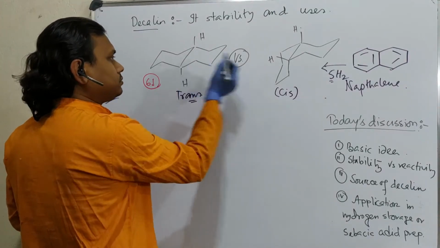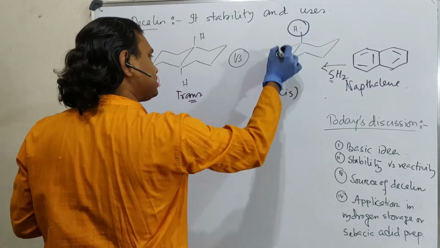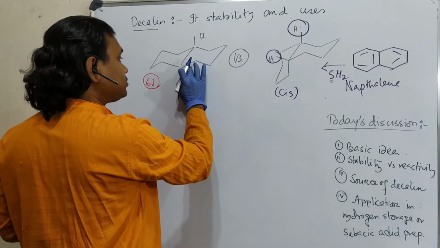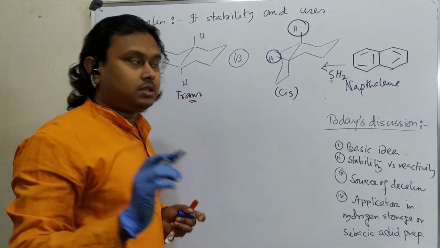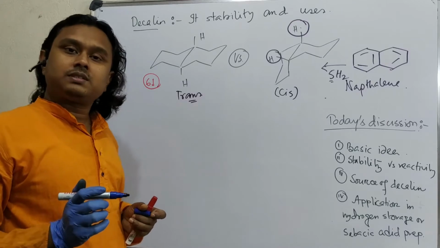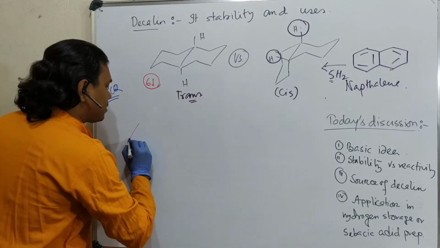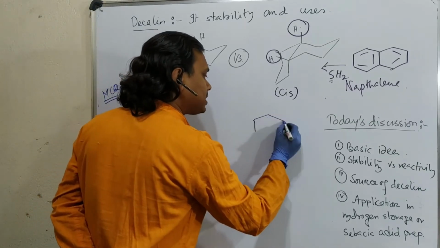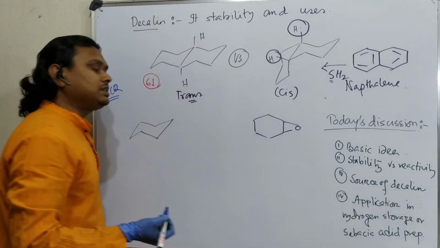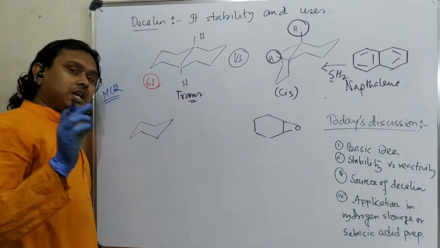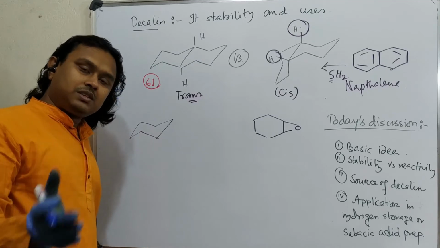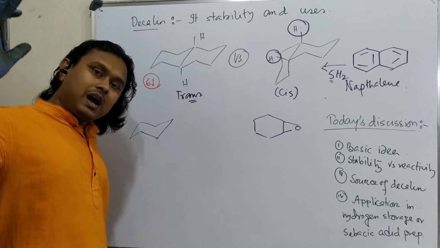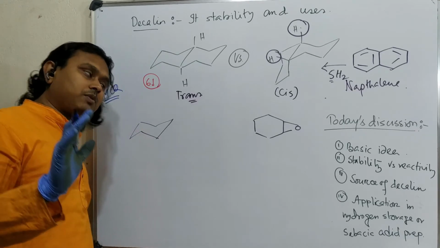You may argue, okay, let's consider these hydrogens are on the same side, that's why cis. Okay, now you can say that, sir, these carbons are also on the same side, why don't they consider cis? See, cis means they are always cis. Okay, so one example I want to give you in this case, please try to remember, students. We say cyclohexane oxide or epoxide. We know epoxide is a small 3-member ring, means the ring will be on the same side. Rings generally don't have a trans. If you go to a very high number of carbon chain, then anti-orientation or trans type of ring formation is possible.